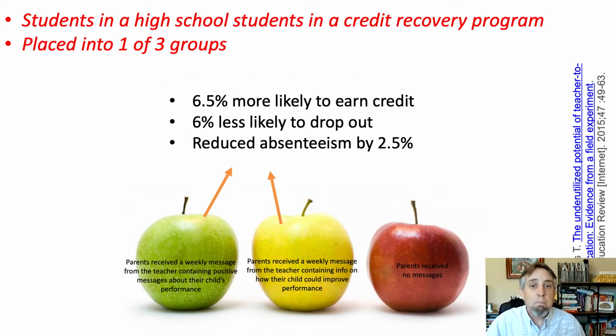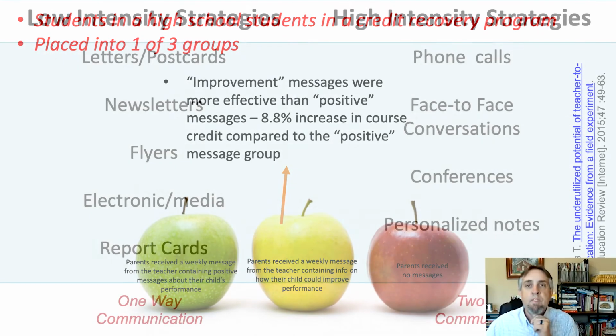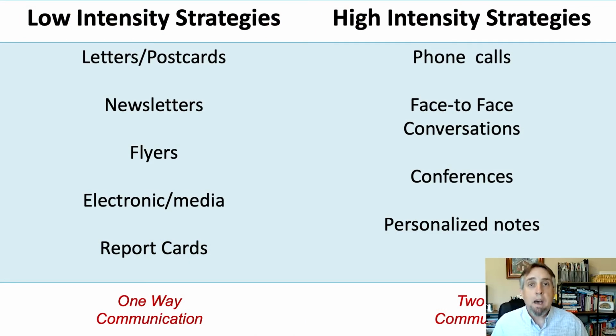But when you look at the middle group, this is where it gets really exciting. The middle group had a nearly 9% bump. And the major difference was some sort of communication to the families that said, here's where your kid is, here's how you can help them improve. Turns out when we communicate with families, wonderful things happen. Communicate with families and really nice things happen. And there's a number of different ways we can go about communicating with families to reach our reluctant learners.